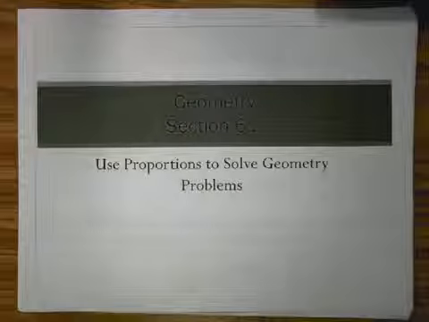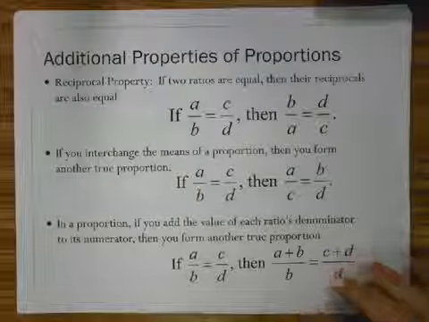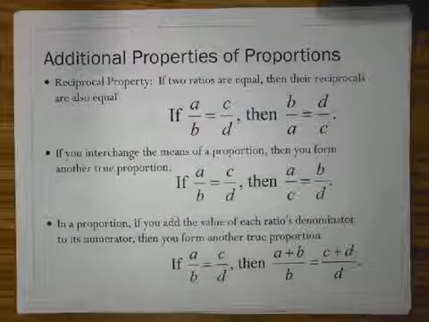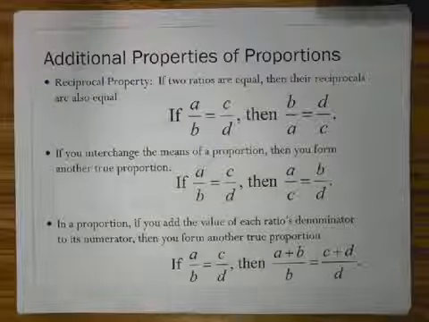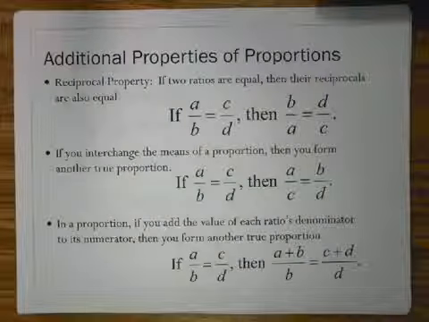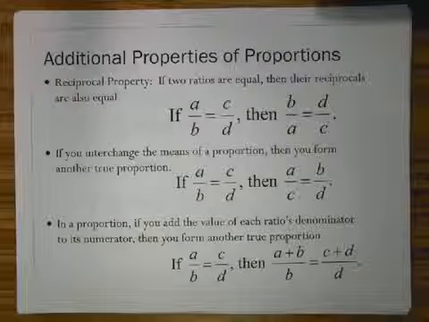Okay, now we're looking at section 6.2, which is using proportions to solve geometry problems. We need to start off this one with some properties we have about proportions. If you've already seen section 1, we look at the cross product property. And that tells us we can take the cross product in a proportion and it allows us to solve. It may be good to look back at 6.1 to see that cross product and see how you'd solve, because